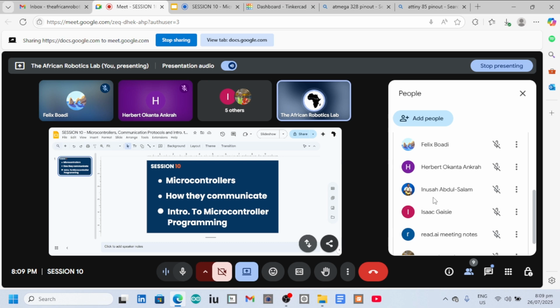So you've made some very, very good progress. Everyone in here, you've made some very good progress on your robotics journey. And right in last week's session, we did a little bit of an introduction to electronics, and we took a look at 10 electronic components that